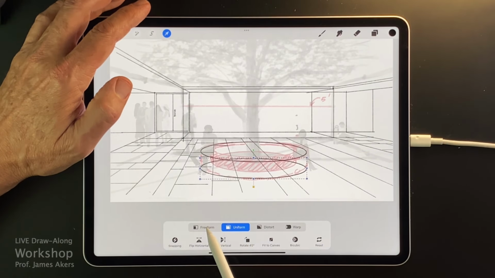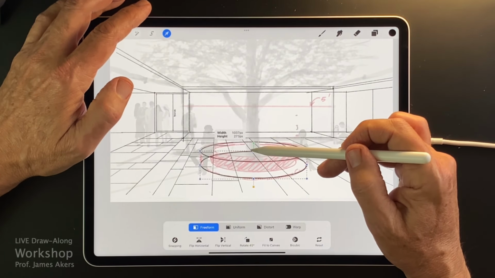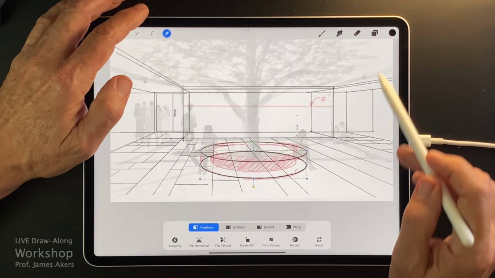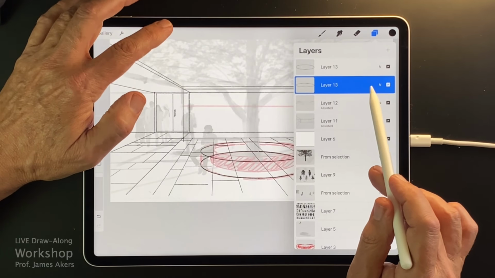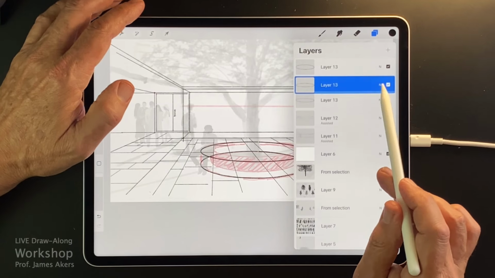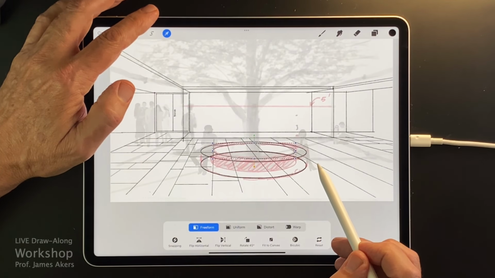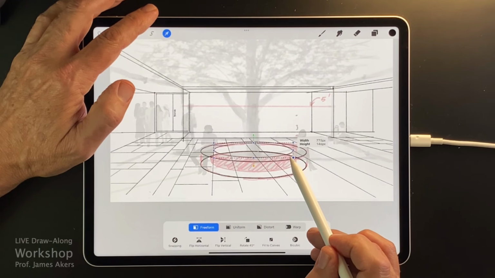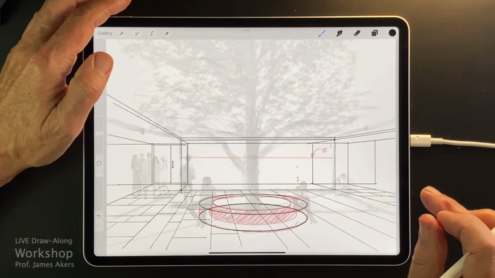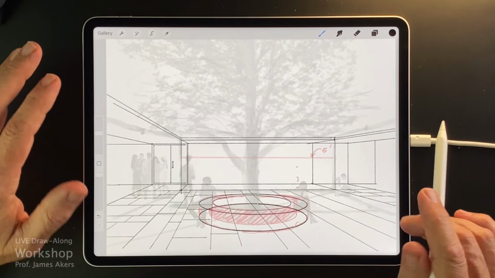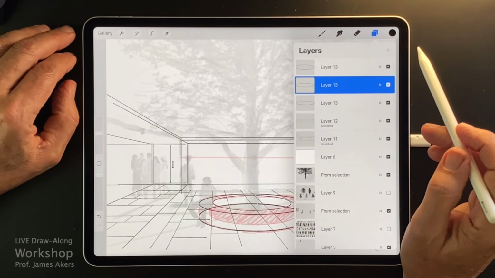So I'll do that, and this time I'll duplicate it, and I'll bring it down, and I'll go into that freeform mode and make it more consistent with a perspective disappearing. And I'll go back to this top one and duplicate it again. And this time I'll make the interior part of the bench, the part encircling the tree. And that works. Okay, so that's the sort of last part of the formal line drawing.